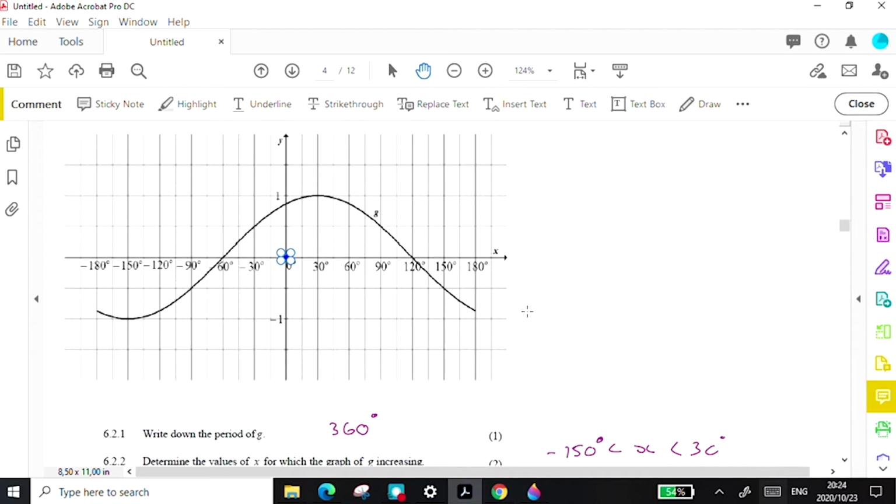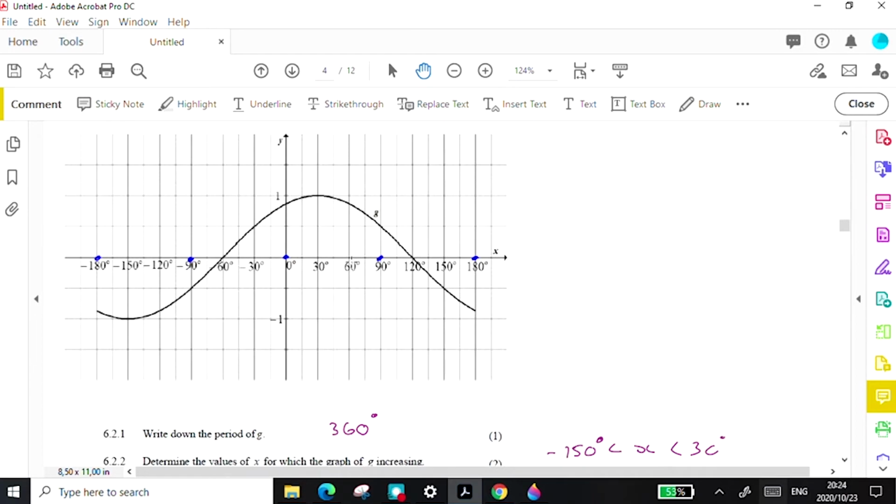When x is 90, y should be 0. And when x is 180, y should be 0. We do the same thing on the left hand side. So we are at 0, at minus 90, and we're at 0 at minus 180. Since our period is decreased from 360 to 180,